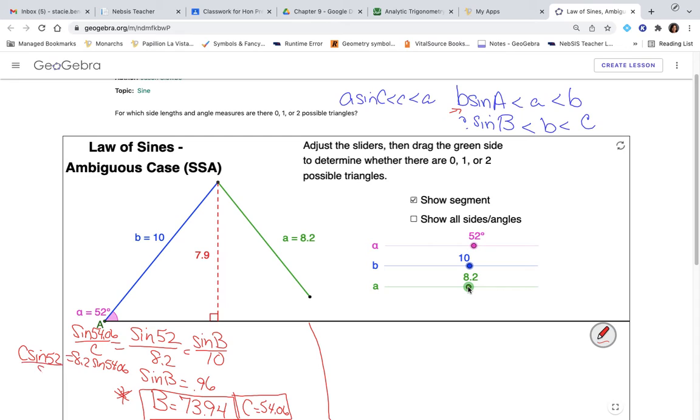So we'll divide by the sine of 52 to find our side C. So 8.2 sine of 54.06, close parentheses, divided by sine 52, gives us 8.42,